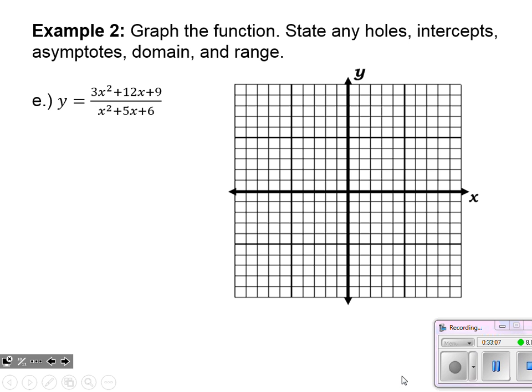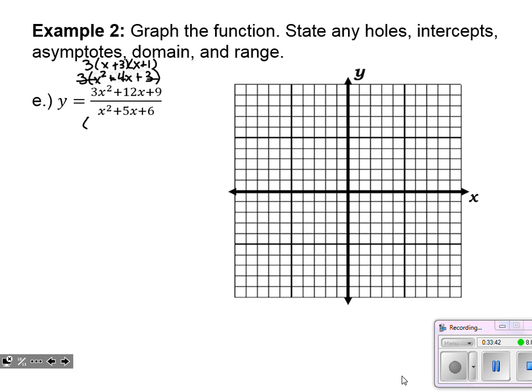And our final example, graph this function. Oh boy, it looks like a monster, but it's really not that bad. What we want to do is factor. And this is a prime candidate for how factoring can greatly simplify these problems. So in the numerator, I can take a GCF of 3 out. Then I'm left with a nice trinomial that factors to x plus 3, x plus 1. Okay, so I want to hang on to that original just for my big X test. It makes it a little bit easier.